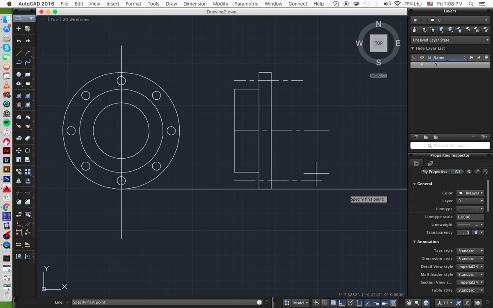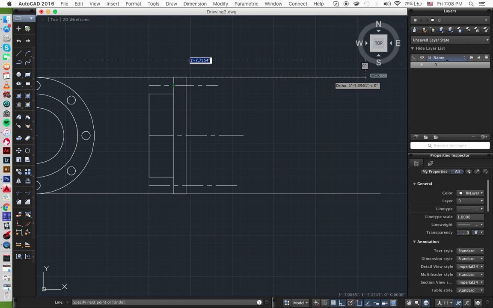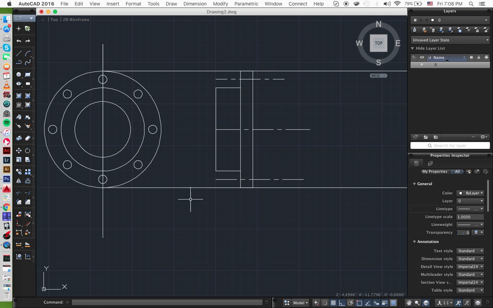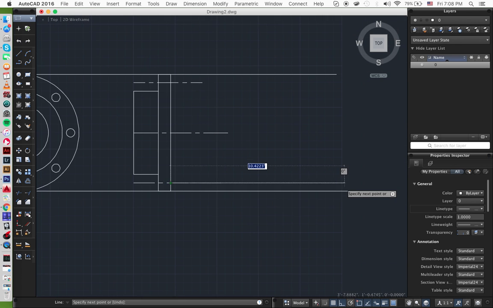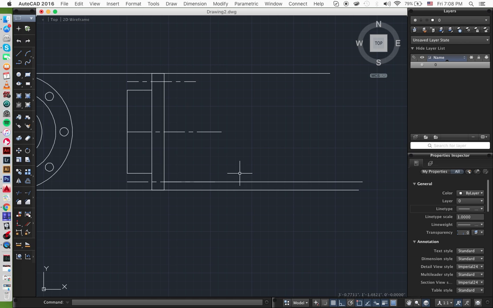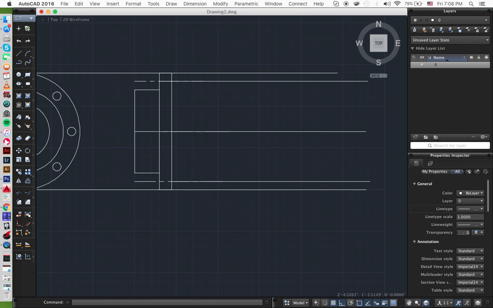We press ESC, take this one and send it all the way across there. Although we didn't have to do that, we could have just taken it from here. We have the section line, so we need our center points as well. Just project these here, and these, and these. Okay, so we have our center